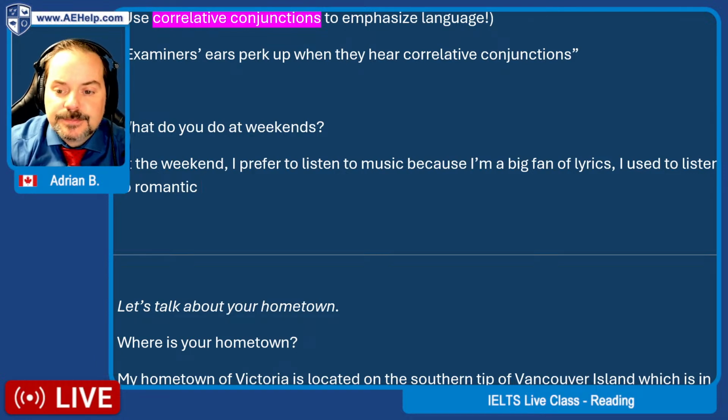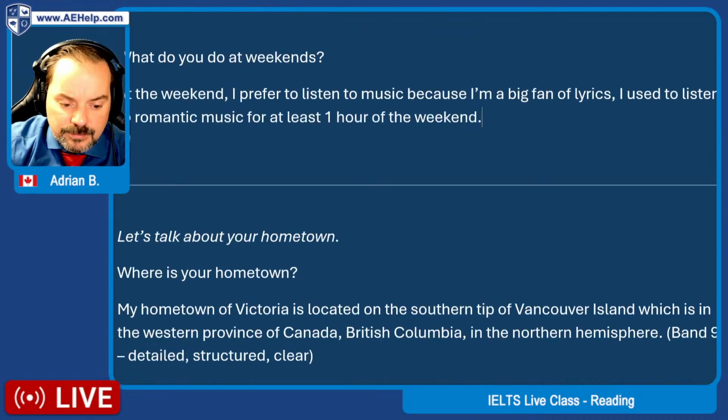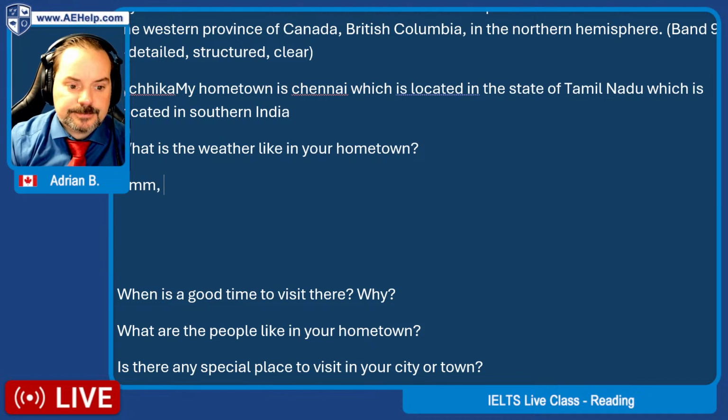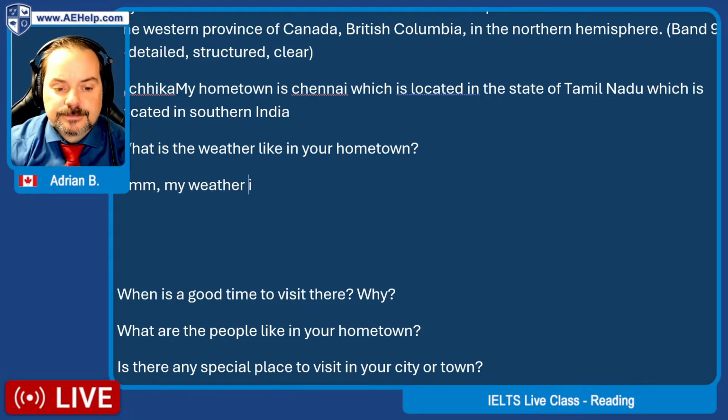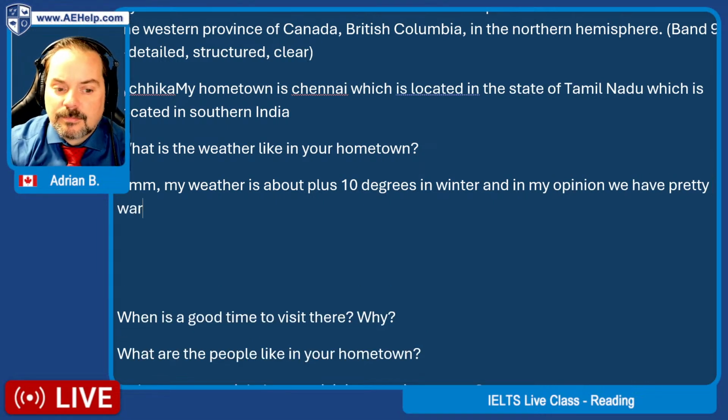My hometown Odessa is situated in the heart of the southern part of Ukraine, and it has beautiful beaches. What is the weather like in your hometown? The weather is about plus 10 degrees in winter, and in my opinion we have a pretty warm winter. It hardly ever goes under zero.